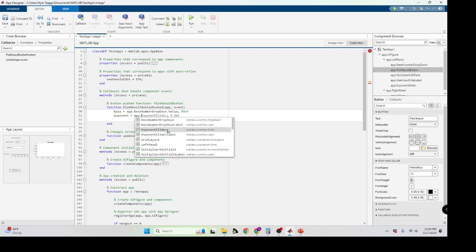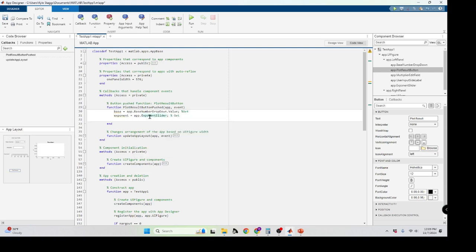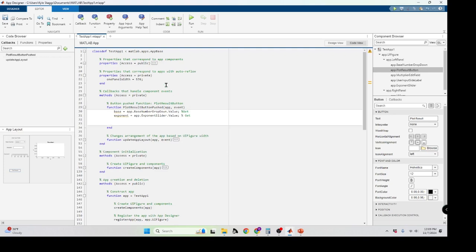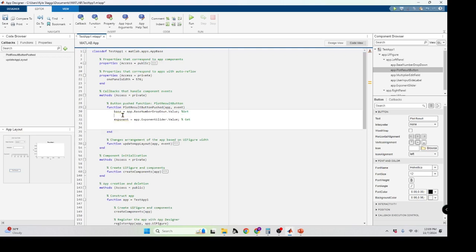For the exponent, we're going to do exponent slider. So we're not looking for the label, but we're looking for the slider, that field. And we're going to get the value. There's lots of other stuff that we could be grabbing. We're going to continue grabbing our information. So we get the base, we get the exponent, we need the multiplier